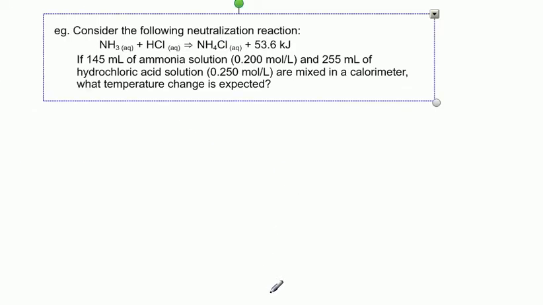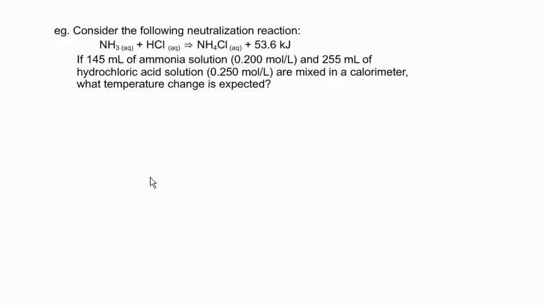Okay, so here's our second calorimetry example. We've got a neutralization reaction going on here. Ammonia and hydrochloric acid, that's our base and our acid, and we've got a certain amount of energy associated with this reaction. So remember from our discussions earlier that this amount of kilojoules is associated with 1 mole of ammonia and 1 mole of hydrochloric acid, and that this is an exothermic change because we see the energy appearing on